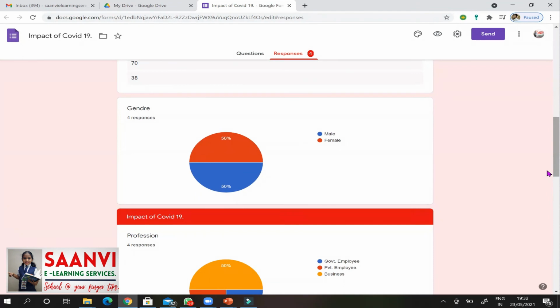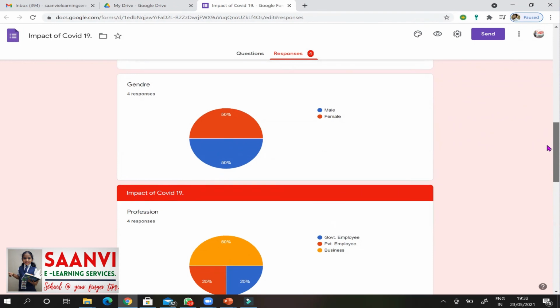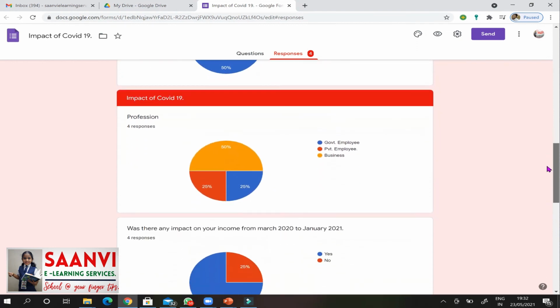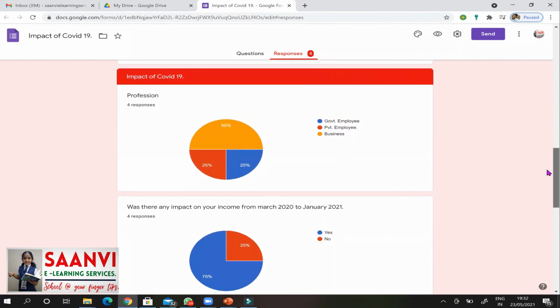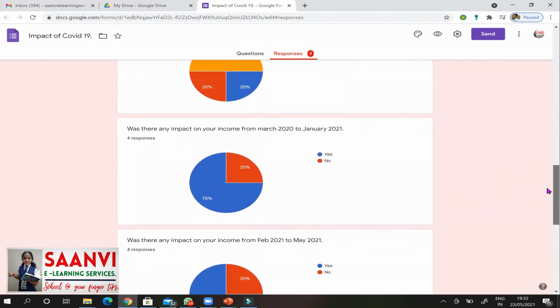In setting, as we had chosen summary chat, we get summary of responses in the form of charts. So 50% of male and 50% of female have responded. 50% are business people and 25% are private employees and 25% of government employees have responded.